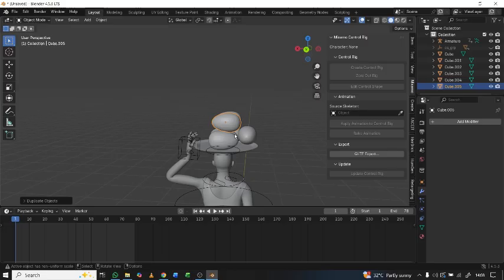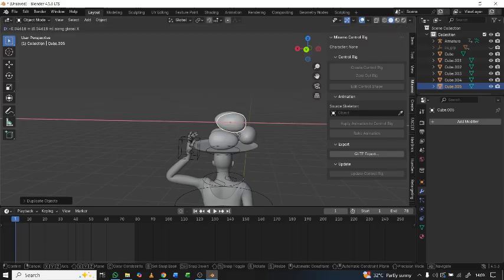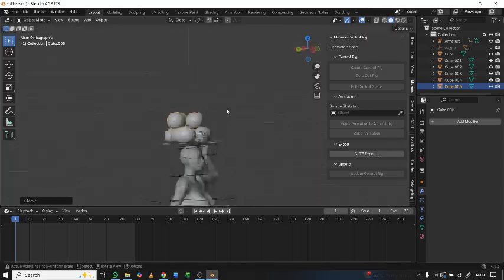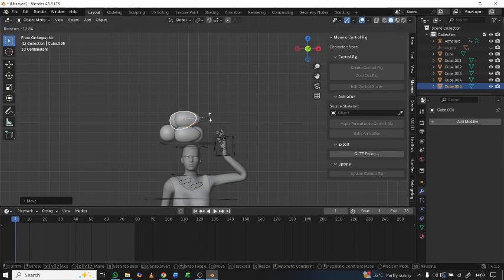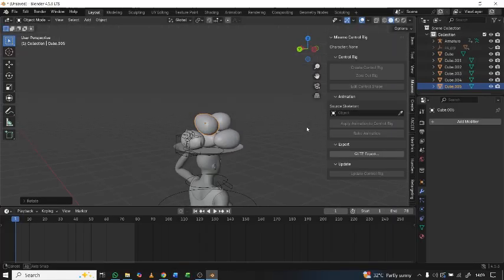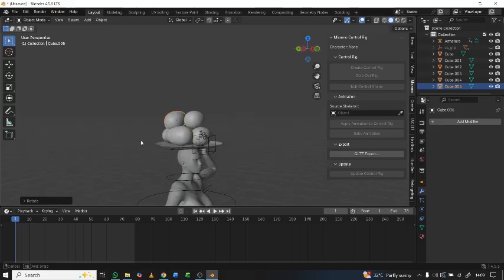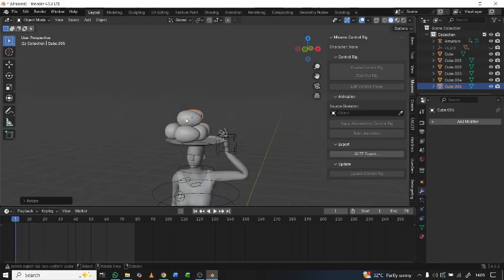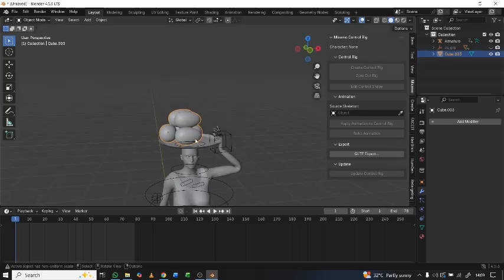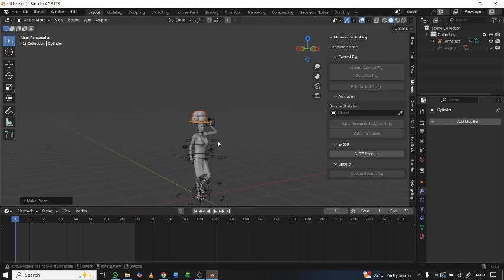Okay. So grab on the X like this. Rotate it just like this. It doesn't look like it's all new. So you can just select all of them. Let's make all of them one with Control J. Then shift Control T and parent it to this object. So you can see you can now